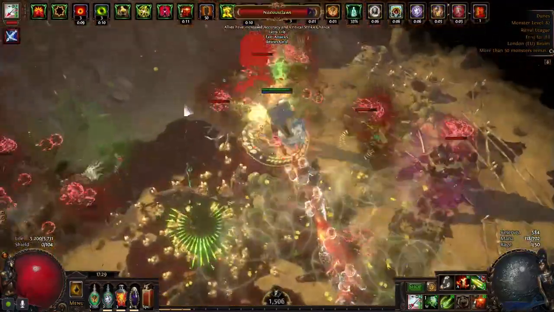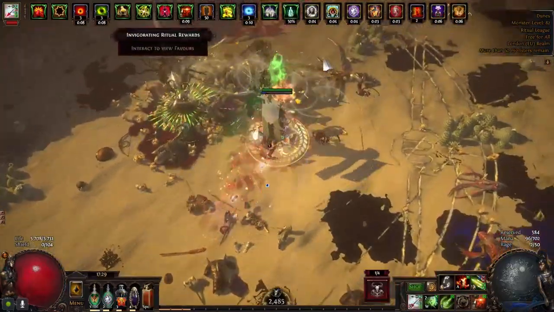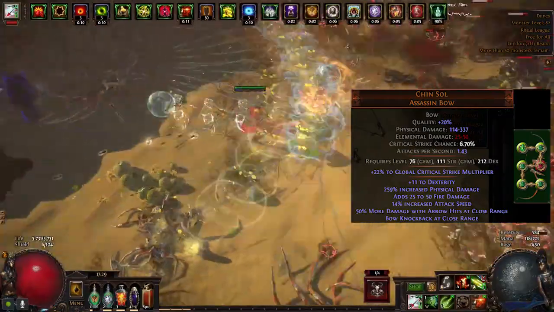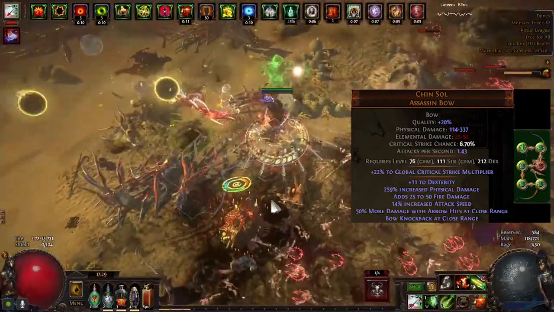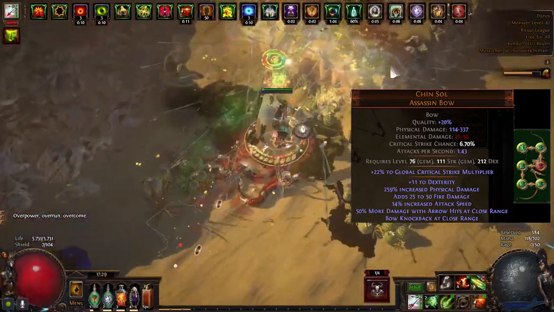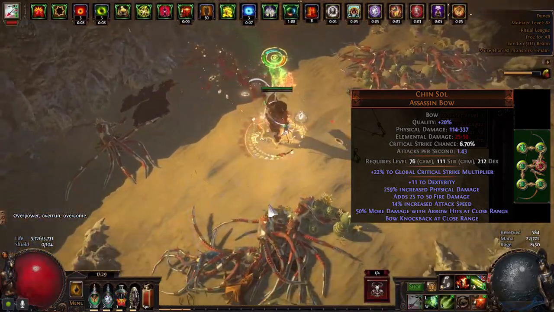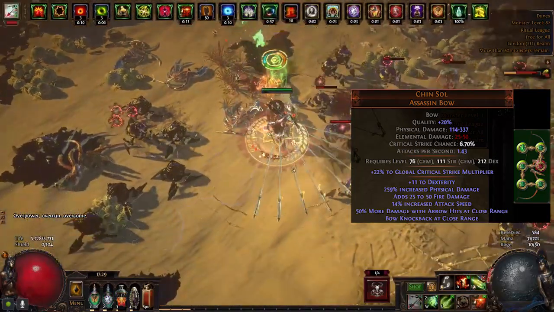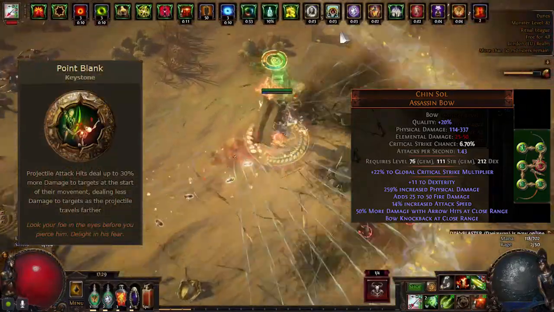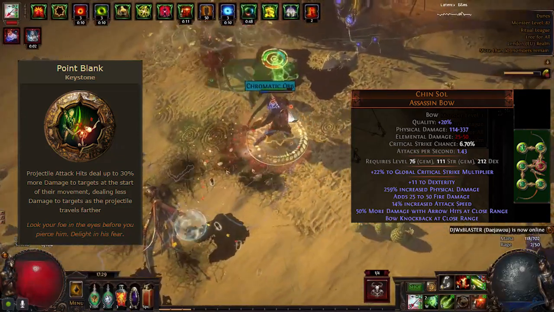Alright, I am back. Now let's just start with the items as usual. So first of all, bow, Chinsol, because this is already a physical bow with decent attack speed and high physical roll. It is also very cheap because no one plays these kinds of archer builds these days. And it also has 50% more damage with arrows hit at close range, which also provides a lot of boss DPS. Since we are also using Point Blank, which is the obvious way to get some boss DPS,